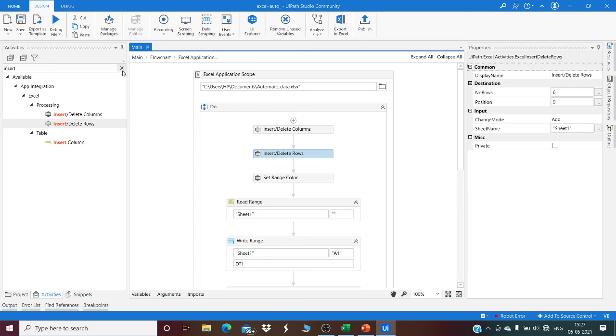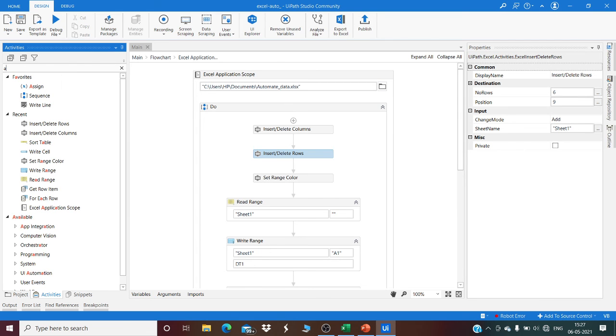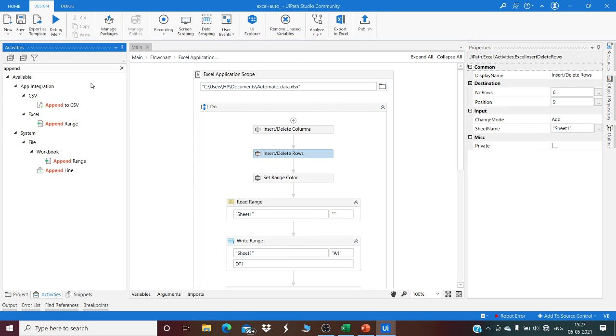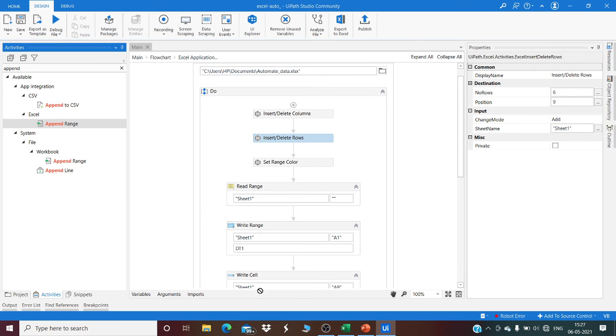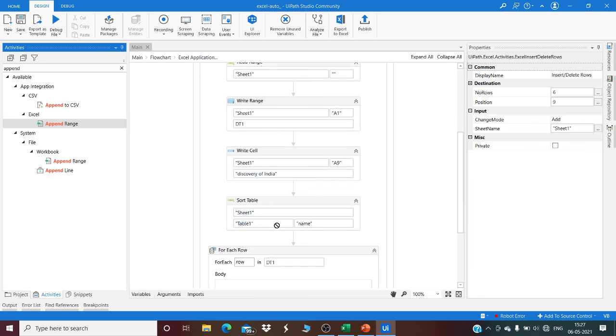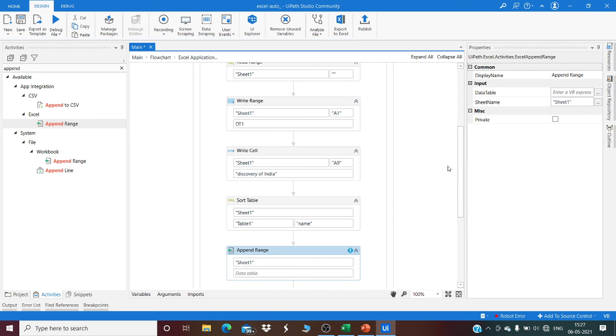One more option we can do is we can append the data. Append means entire data will get appended. Select from the Excel, not from the workbook, otherwise it will get error. Select and drag it to the do section of the Excel application scope.